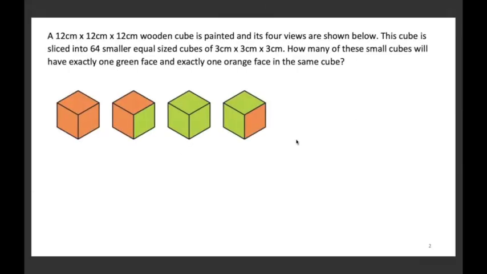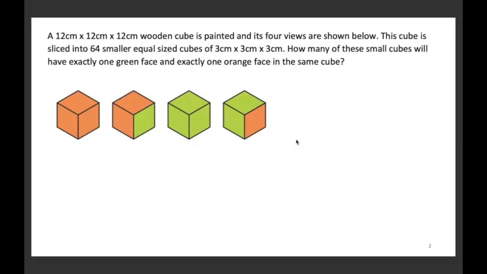There's the first question. A 12 by 12 by 12 centimeter wooden cube is painted and its 4 views are shown here. The cube is sliced into 64 smaller equal sized cubes of 3 by 3 by 3 centimeters. How many of these small cubes will have exactly one green face and exactly one orange face in the same cube? Okay. So we are given here the 4 views of what that cube looks like, which means 3 of